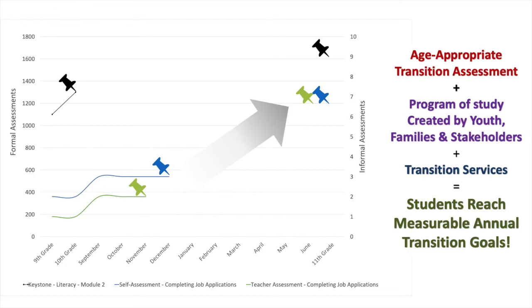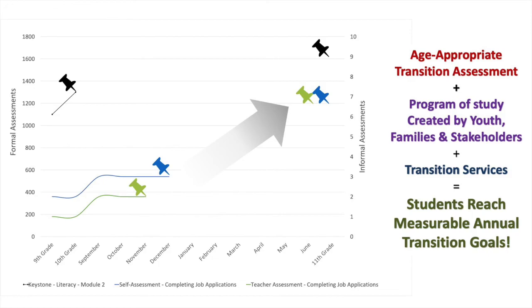Speaking of setting goals, once we've collected transition assessment data and the team has reviewed it all together in order to make their summary and their profile of the student, our next step is to work directly with youth and families to help them create their appropriate, measurable, and person-centered post-secondary goals. These must be updated annually by the team and based on age-appropriate transition assessments while also being tied to their